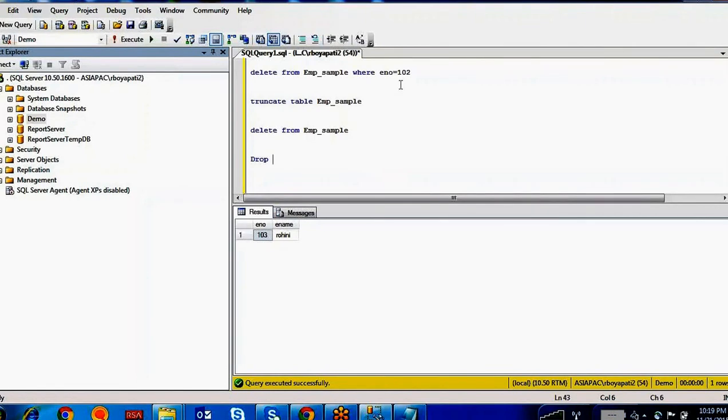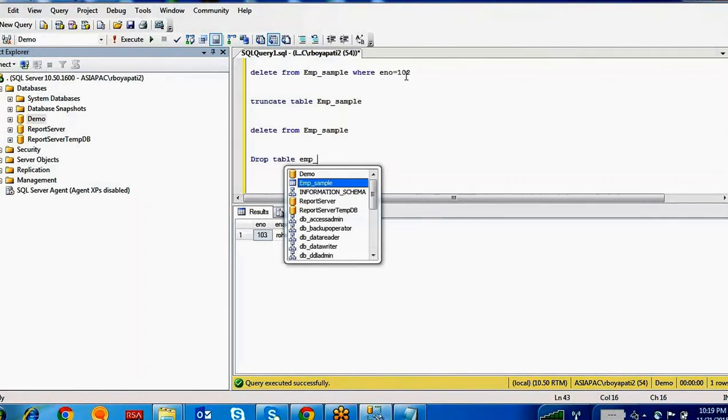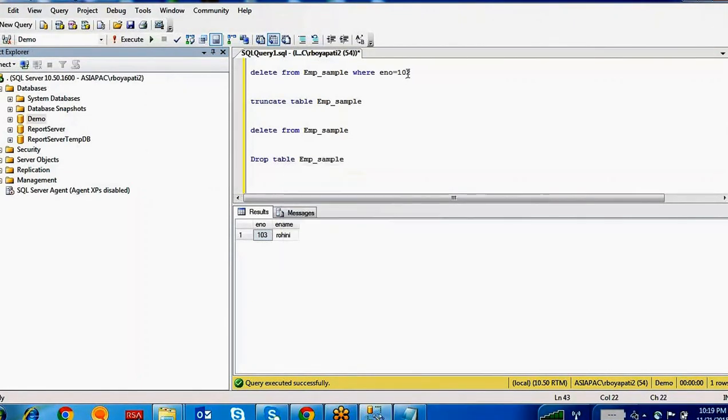The syntax for the drop statement is drop table, the table name emp_sample. What happened? It will truncate the data and it will remove the table structure also. You can't see the table structure.